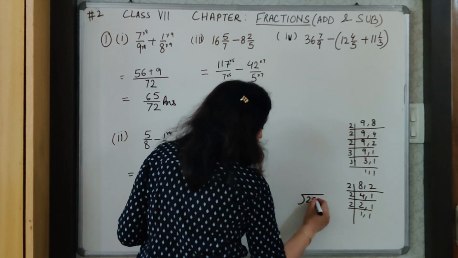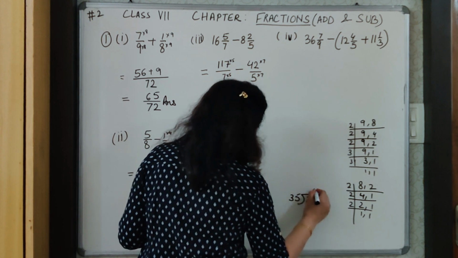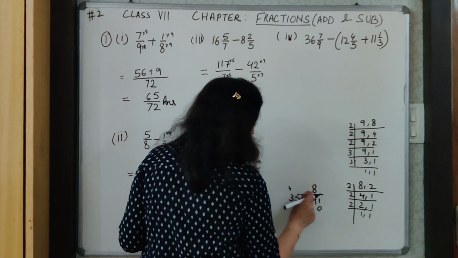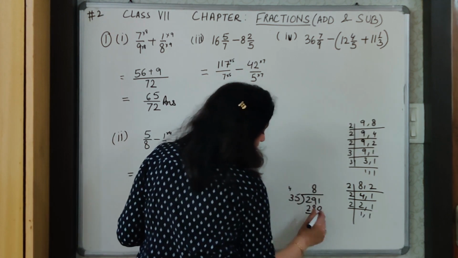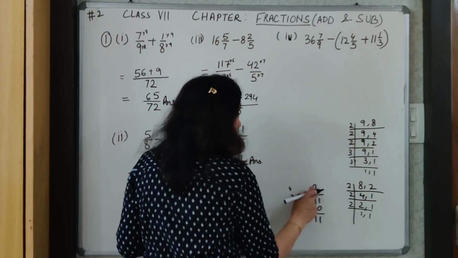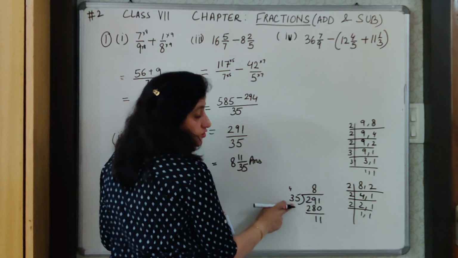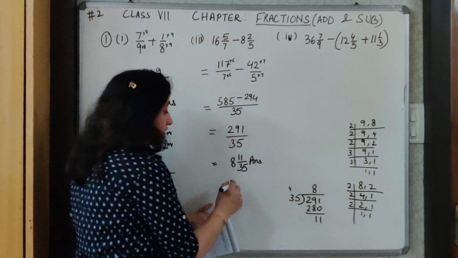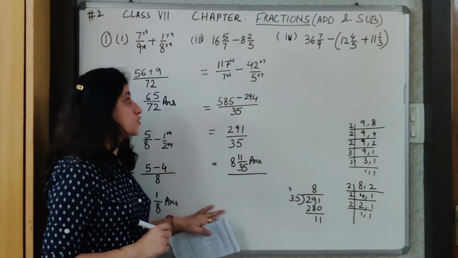You have to divide this and leave it in terms of remainder. So you get here 8, 8 5s are 40, 0 carry 4, 8 3s are 24 and 4, 28. We get 11 as the remainder. So your 8, the whole number comes here. The denominator remains the denominator and remainder becomes the numerator to get this conversion. So this is the answer to this question.